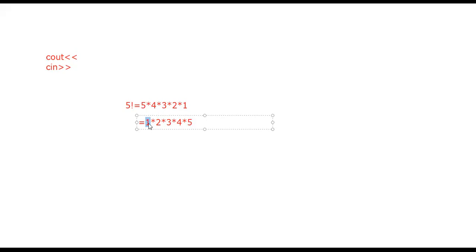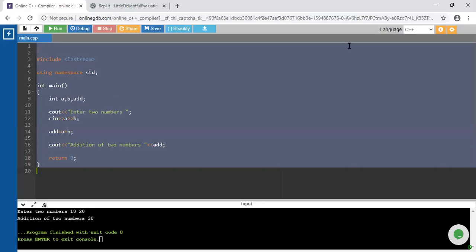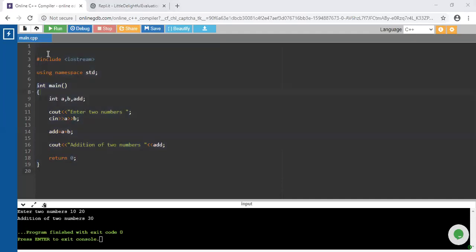This is the way we calculate the factorial. Yes guys, clear? I will show you two different ways for this factorial, in incremental as well as decremental manner. First of all, let us start with the first one, the normal incremental manner.